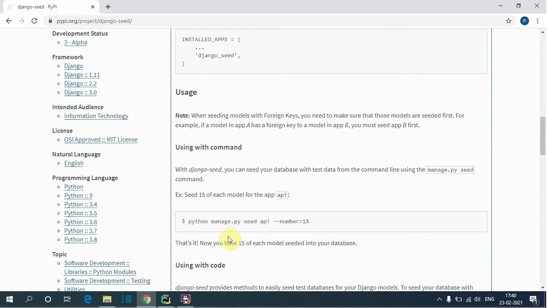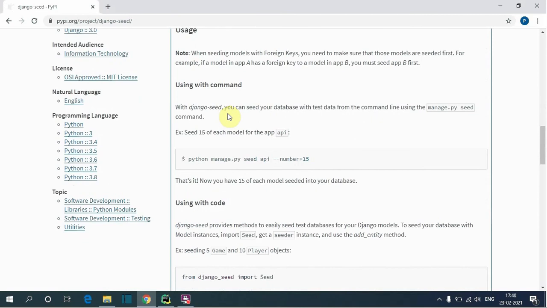With Django Seed we can insert dummy data into our database tables from the command line using the manage.py seed command.